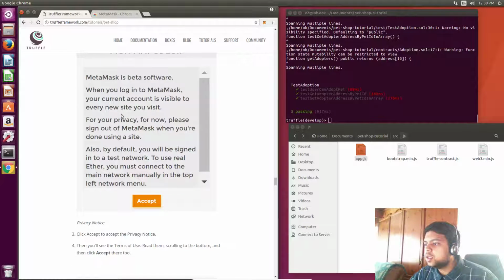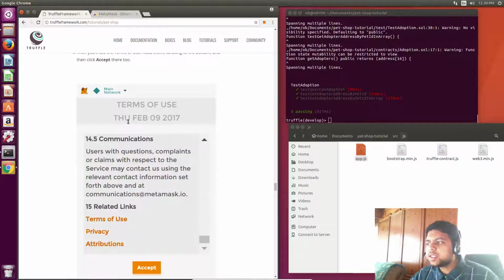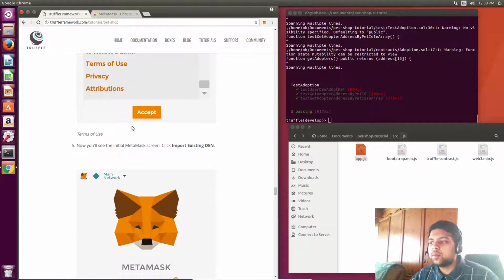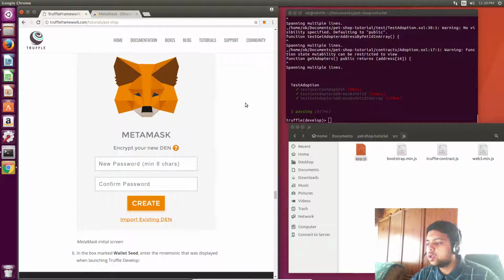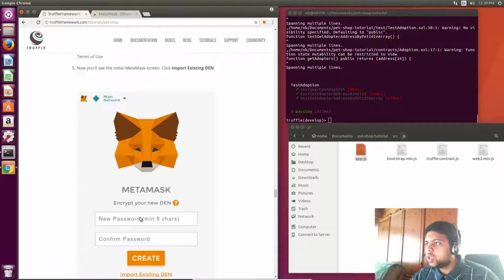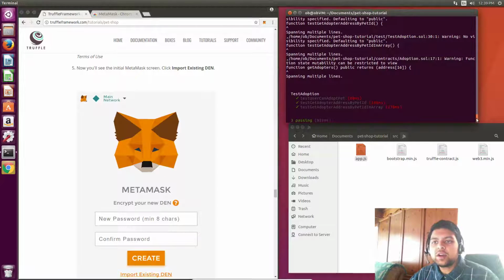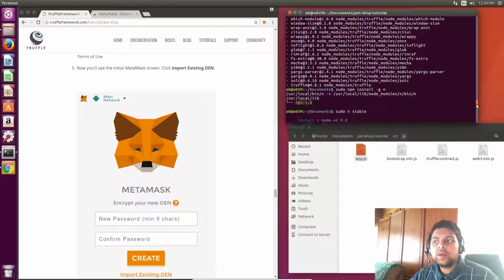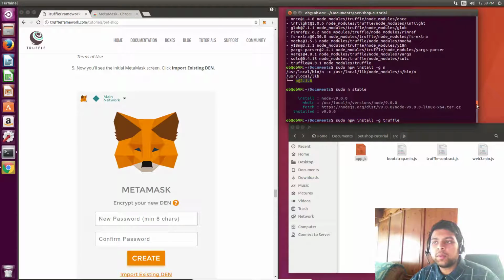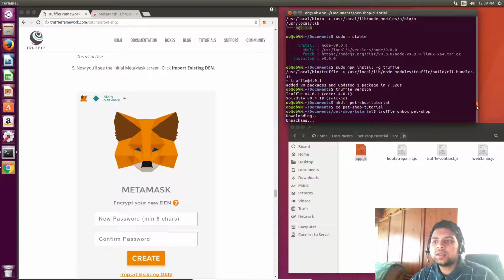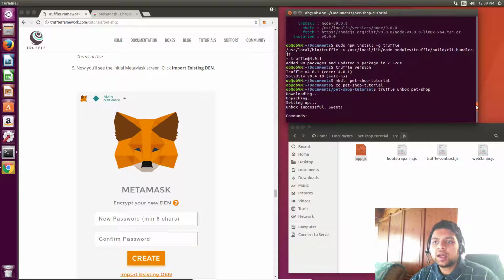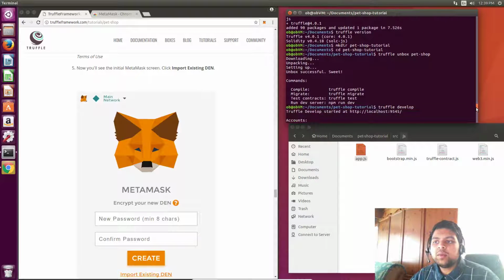Once installed, you'll see this. So I'm going to accept this, but there's one thing that's really important before we do anything. Do not close this window. This is really important because you'll see what it says is you have to import existing den. When we did Truffle develop earlier, Truffle actually gave us some free Ethereum when we made this account. They did some magic for us and they made it easier. So just remember we did Truffle unbox and that downloaded the code, but then we did Truffle develop,